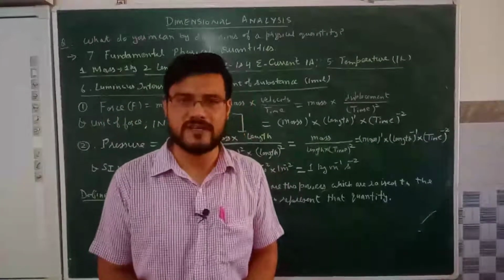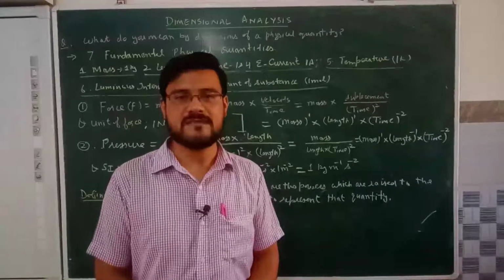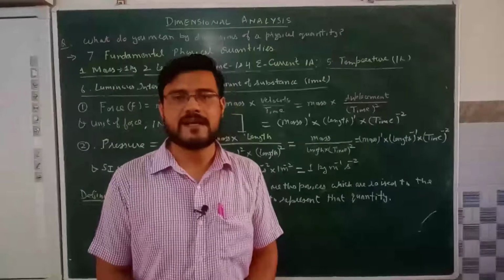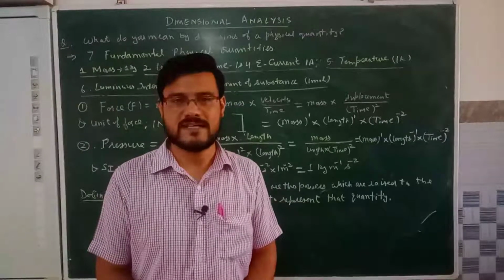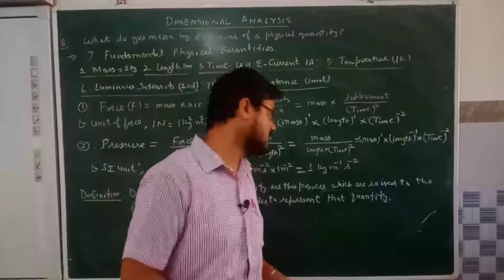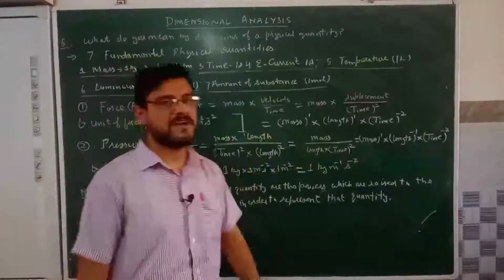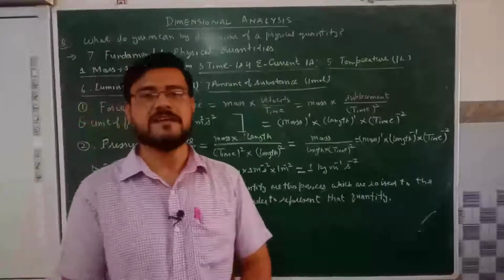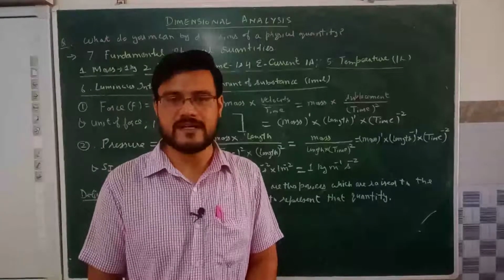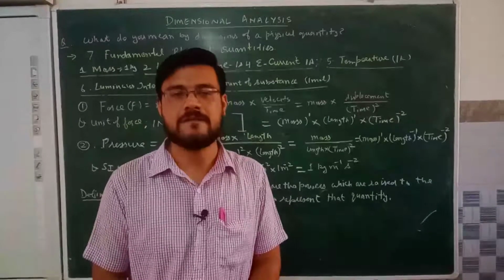In our day-to-day life, the word dimension means sides. For example, a triangle has 3 dimensions, 3 sides. A rectangle or square has 4 sides, 4 dimensions. A pentagon has 5 sides. So, similarly, by writing down the dimensions of a physical quantity, we actually try to find out which of the 7 fundamental physical quantities make up a given derived physical quantity.